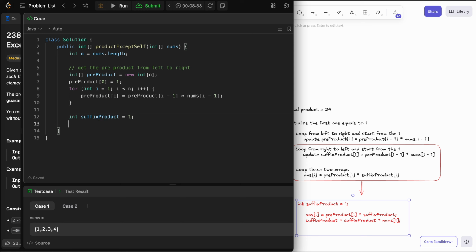So here we can have suffix product equals to 1. So we loop from the right to the left to update the suffix product, but before we update the suffix product, we have to get the answer first. So int answer is our array,